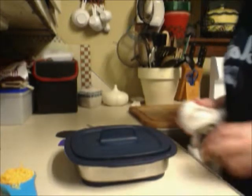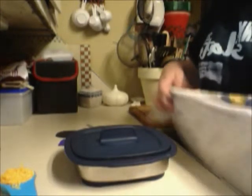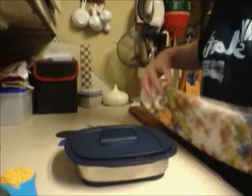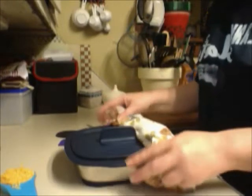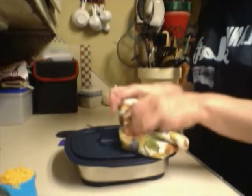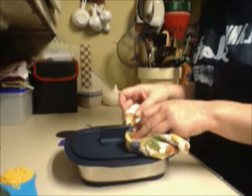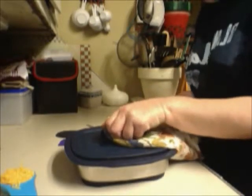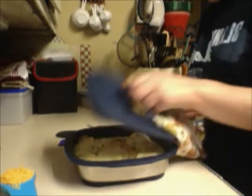Okay, so we cooked this for 12 minutes in the microwave. I'm going to take the top off. Now I must warn you, have pot holders or a towel or something to take this out, because the handles, this can be hot with steam. So you want to have something to set this lid on as well that doesn't mess up your countertop, which I have a wood cutting board over here, so I always set mine on that. But I'm going to lift the top,